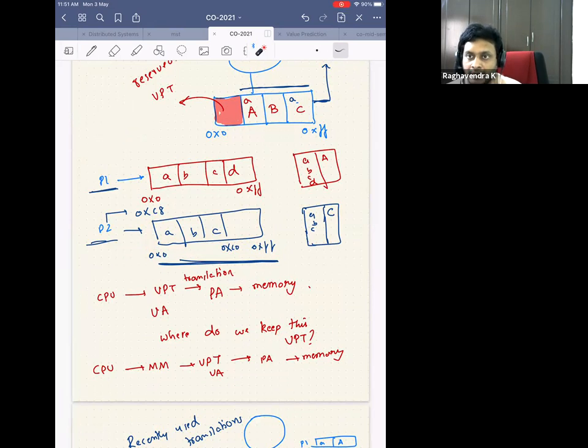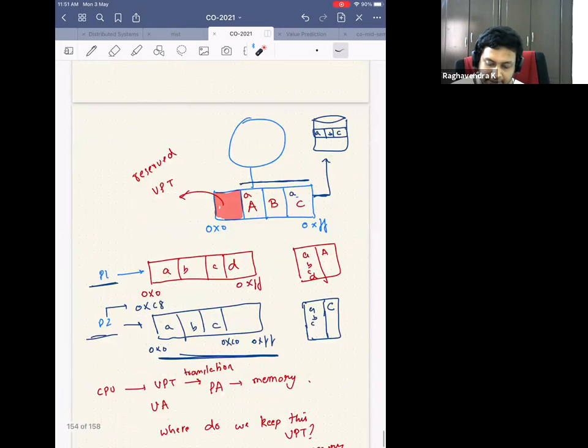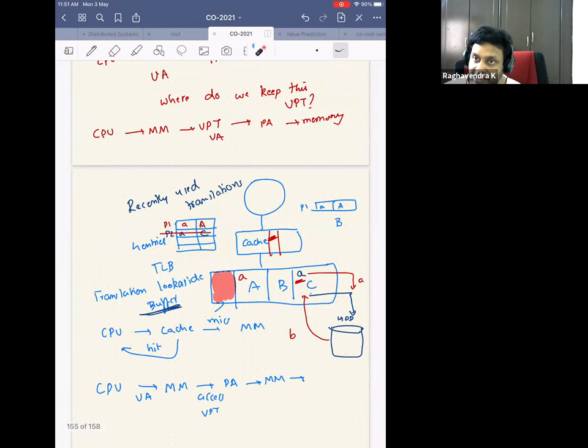In the process control block, it will create a data structure called virtual page table and say that this virtual page table can be kept in the reserved space. And then it will have its base pointer and things like that, you will study in operating system, and launch this process. This virtual page table is a data structure. It's a software. It's not in hardware. The TLB is a hardware structure. It is just caching whatever is there in the virtual page table just to make sure that the accesses are faster. But the TLB is shared. The virtual page table is not shared among processes.